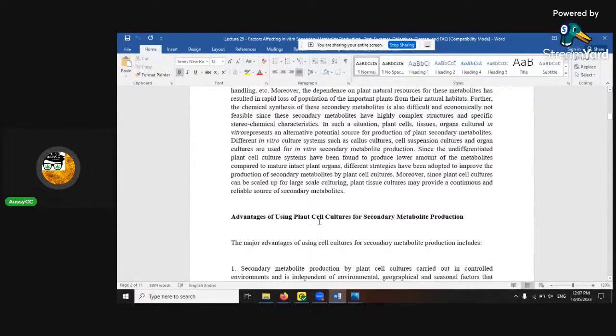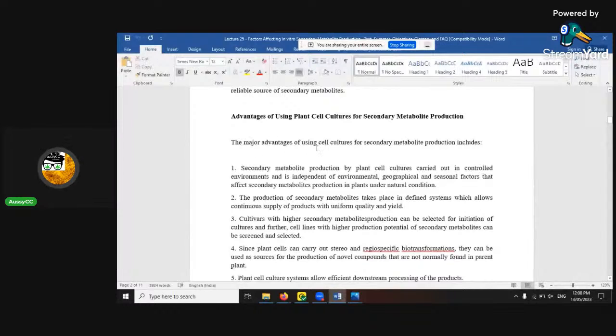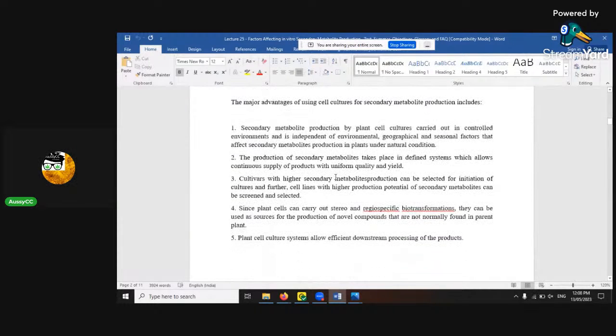Advantages of using plant cell. This is to do with tissue culture, because tissue culture is one of the best ways to get secondary metabolites, because it's in such small amounts. You just do tissue cultures of those cells that you want to grow, and then you'll choose the ones that you want that have the highest profiles, and then you'll go and exploit those. So this is just a paper on that. The major advantages of using cell cultures for secondary metabolite production include plant cells are carried out in controlled environments. Oh, okay, let's get to something. Why did I put this up? There's a good reason here.